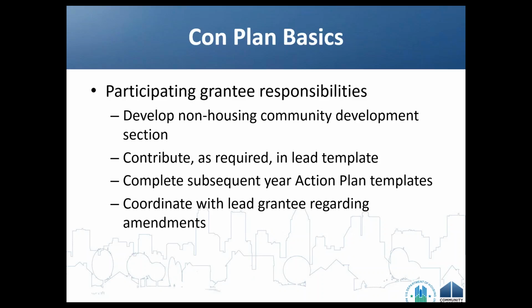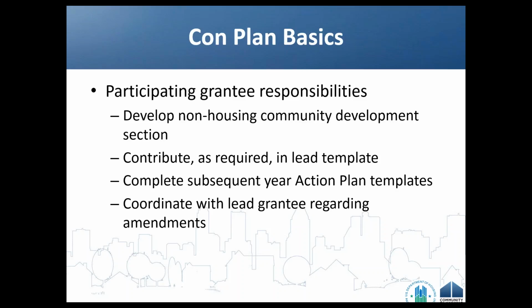The participating grantee is also responsible for contributing as requested, as required, or coordinated with the lead grantee, the consortium lead, and other participating members to add to the broader consortium-wide consolidated plan. The participating grantee is also responsible for completing their action plan templates for their entitlement programs, for CDBG, for ESG, or for HOPWA, when it is created by the lead grantee.